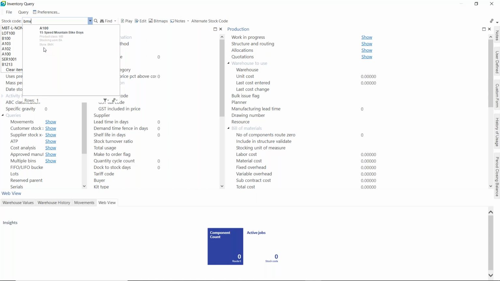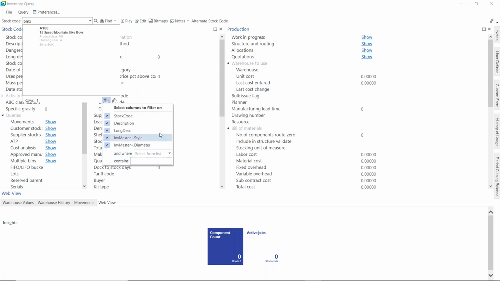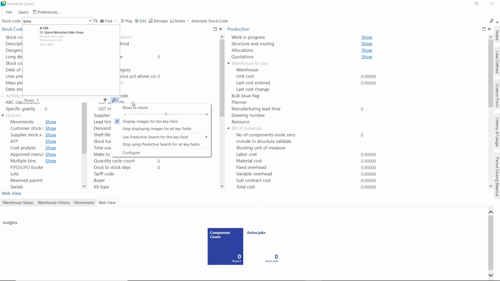So if you have custom form fields, you can match on anything that you want, and you can further configure it to also search on more fields at the same time using this criteria down here. Also quite important